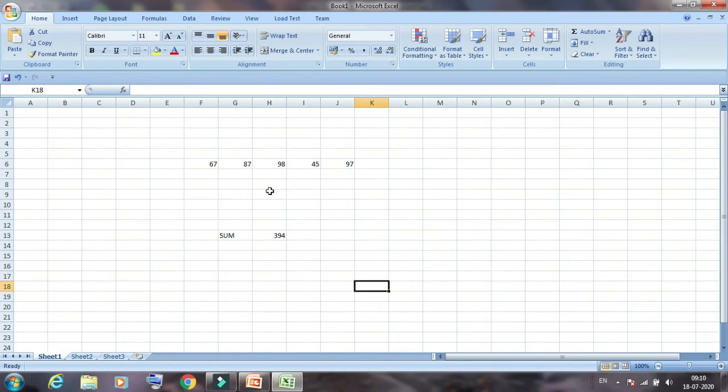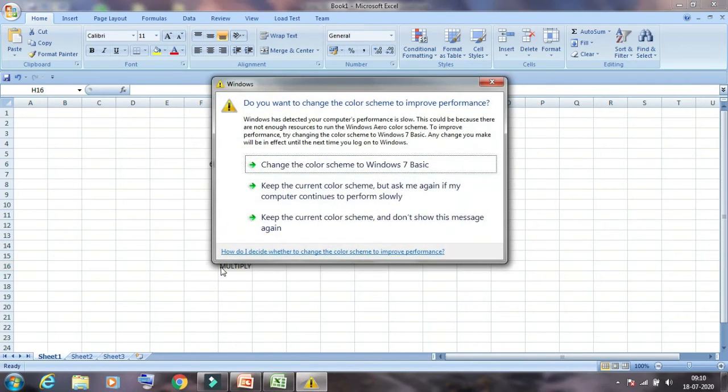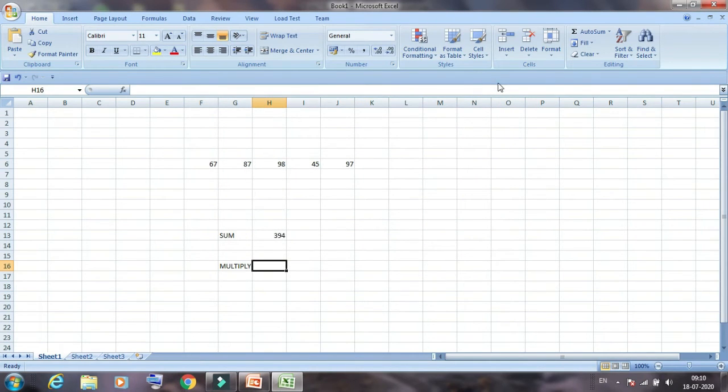Then we will apply the next function. If we have to multiply all the values, how can we do it? Here we write multiply, and in this cell we apply the product of these values.